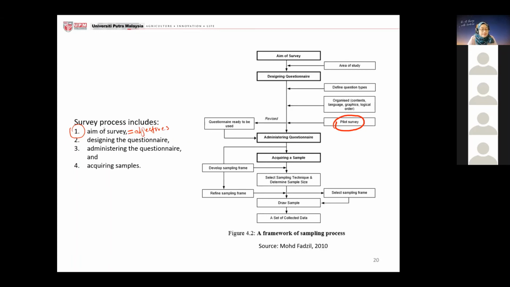In the pilot, you ask specific people to answer this questionnaire and highlight what the issues are. For example, maybe some of your friends are not familiar with specific words. Then you have to change that. So that is the pilot survey. You revise the questionnaire according to the feedback that you get from the pilot survey, and you get the final questionnaire. But before that, I think this one,